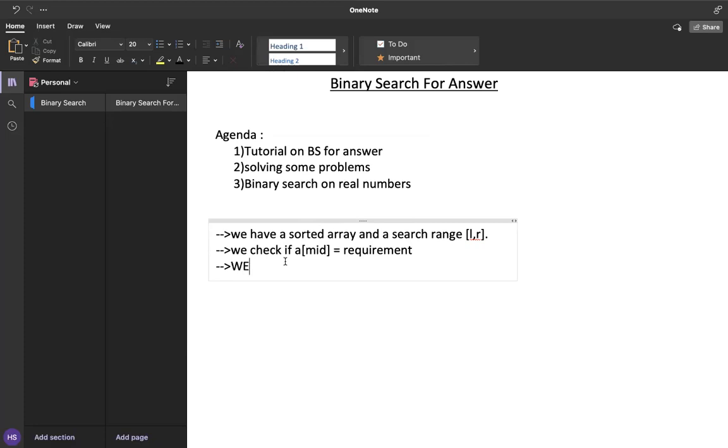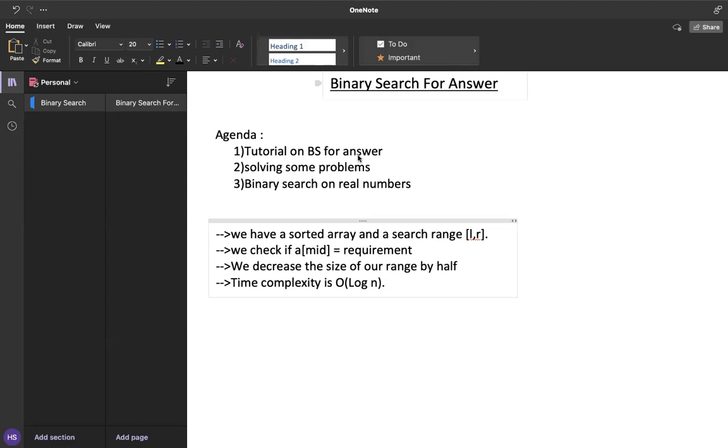In each iteration of the binary search, we keep decreasing the size of our range by half. And thus, in at most log n iterations, our search range will totally exhaust. So that is why the time complexity of basic binary search is big O of log n.